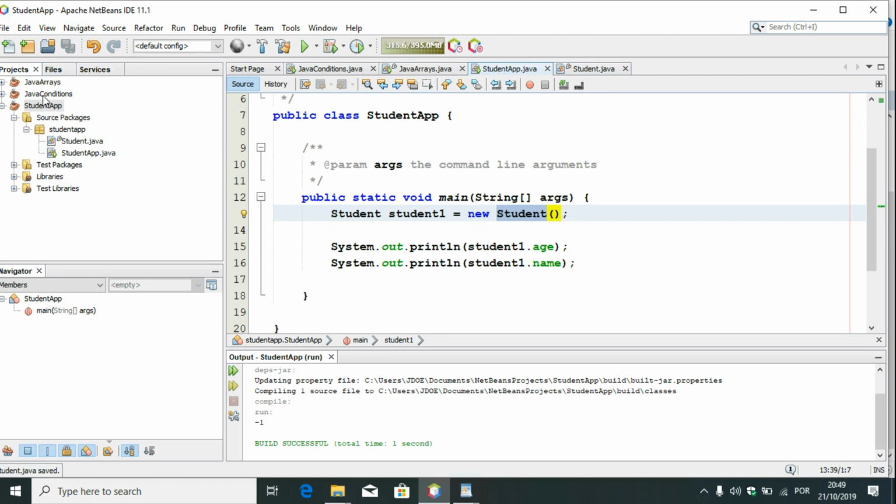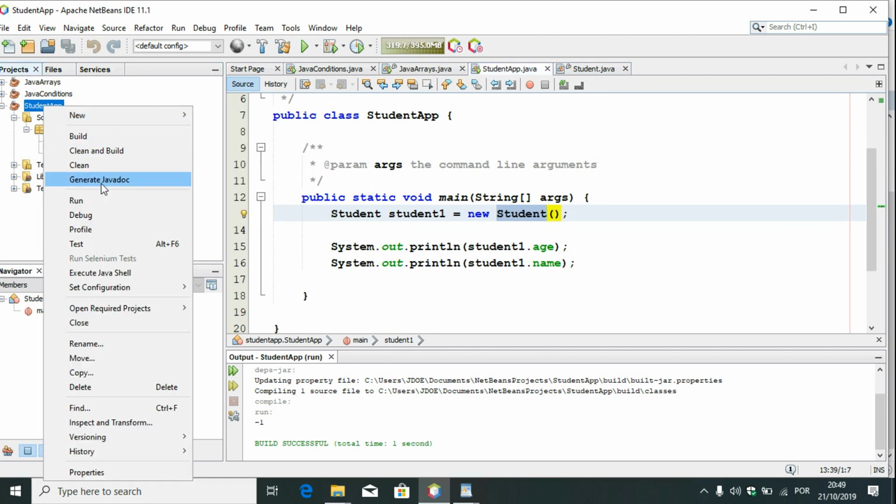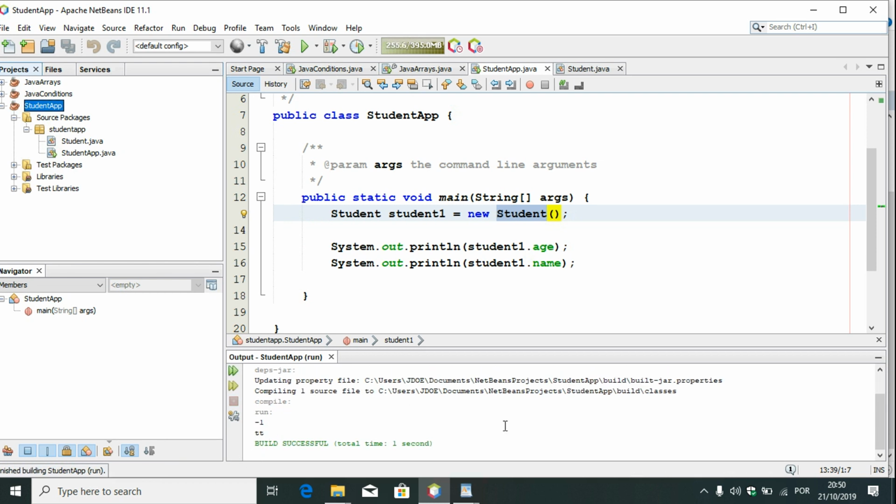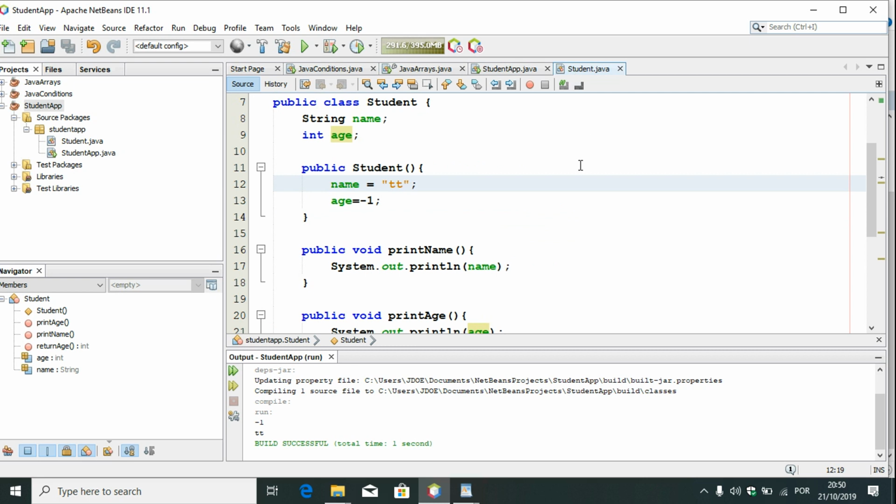Student app, right click and run. See, -1 and TT. So this is how it is printing the values. Okay, that's fine. So this is something like giving the initial values, but still this is not